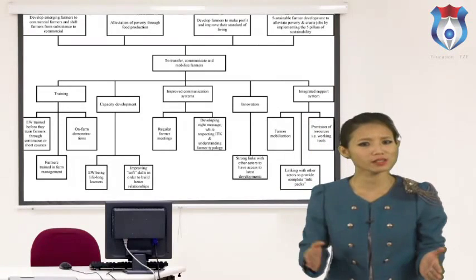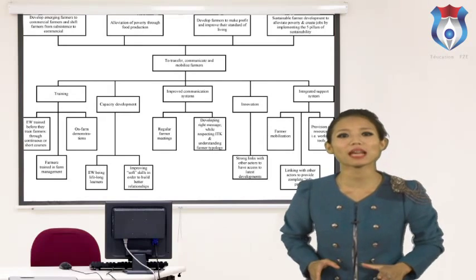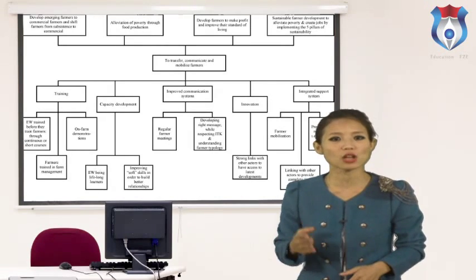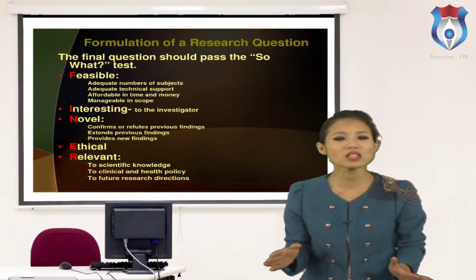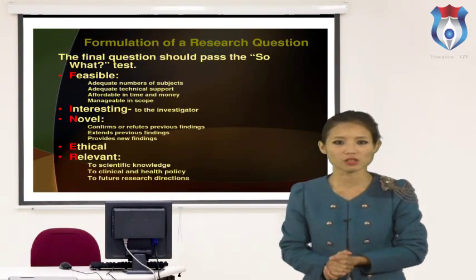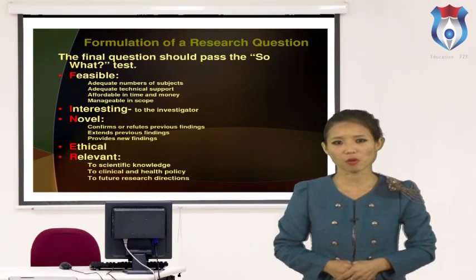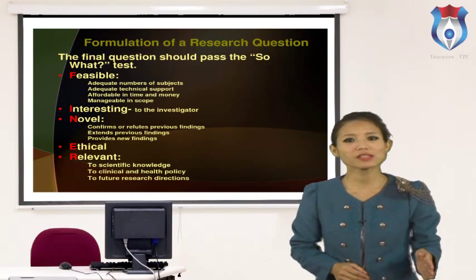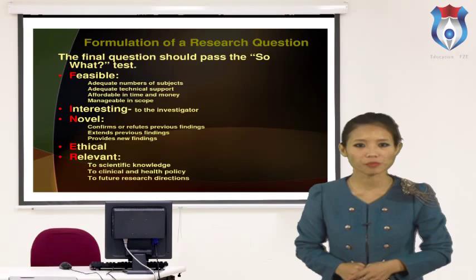Internal criteria consist of researcher's interest. The problem should interest the researcher and be a challenge to him. Without interest and curiosity, he may not develop sustained perseverance. Researcher's competence. A mere interest in a problem will not do. The researcher must be competent to plan and carry out a study of the problem.